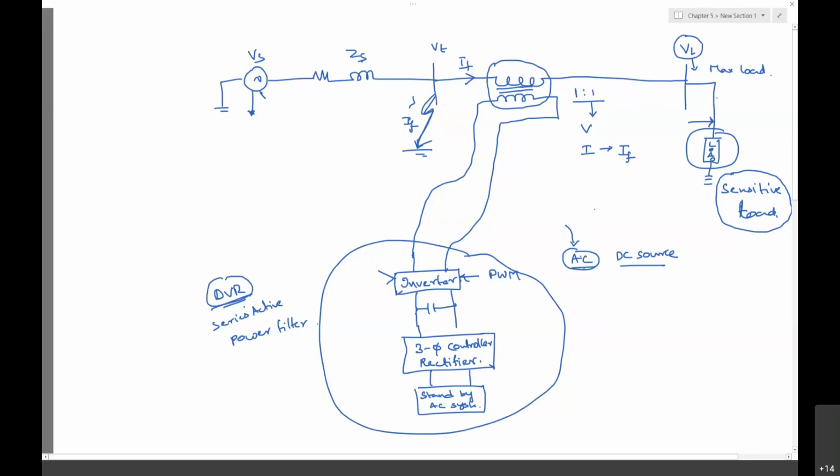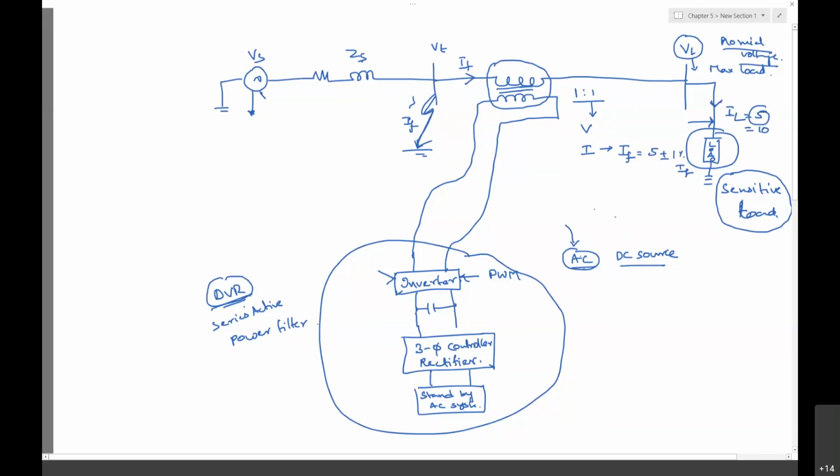So this particular sensitive load is defined with respect to 1 per unit, with respect to the nominal voltage. With respect to nominal voltage, there will be a current. Maybe the current is 5 amperes, maybe 10 amperes. If it is 5 amperes, the transformer should also be 5 amperes of the full load current, or plus or minus hardly 1% variation in the full load current. Not beyond that.